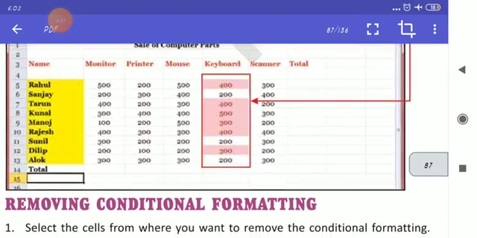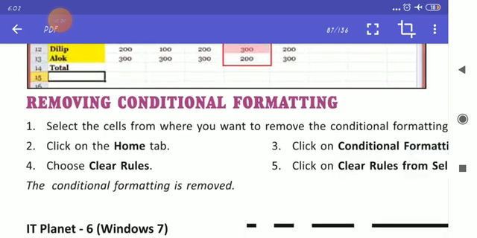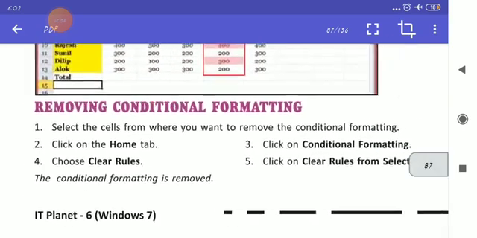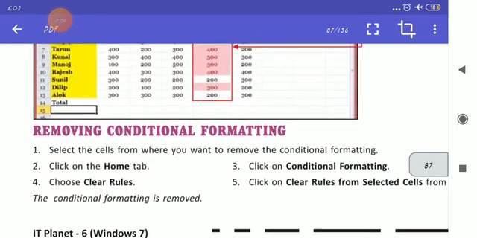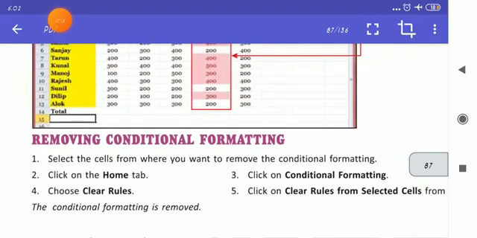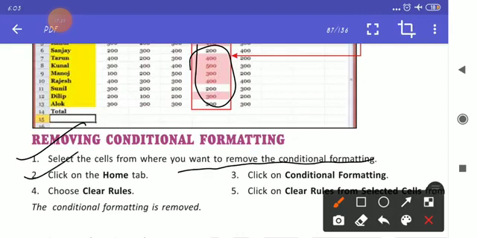Now coming to the next topic, removing conditional formatting. If you want to remove the conditional formatting you have applied, the first step is to again select the cells from where you want to remove it. Click on the Home tab, again Conditional Formatting, then choose Clear Rules.